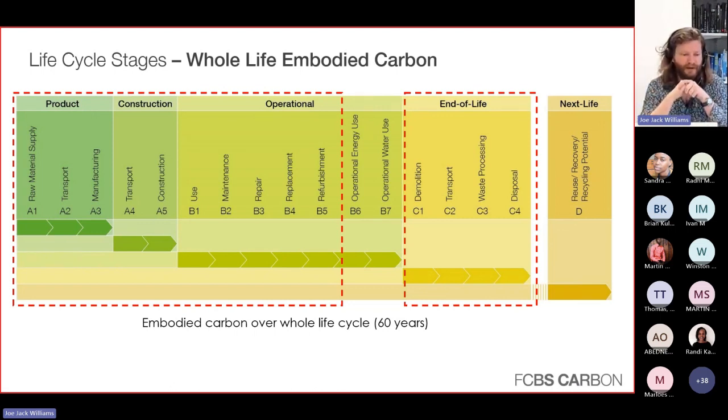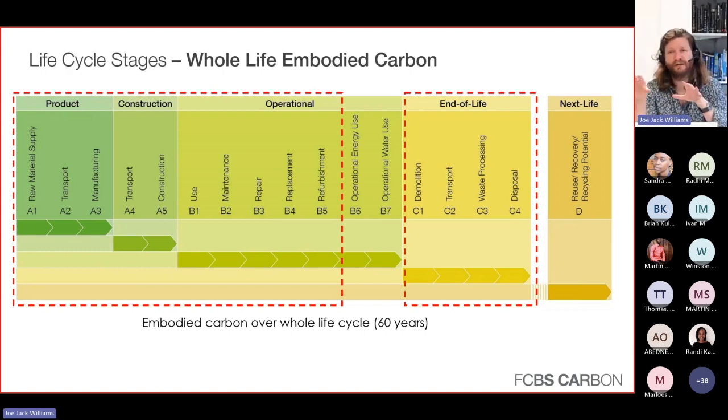If you think about, maybe it's a door. Doors get used a lot. They might not last 60 years. They might only last 10, 15, 20 years. So there might be a few doors. Things like air handling units or air conditioning units, they might last 15 years, and they'll be replaced every 15 years. So they can be quite high. And then refurbishment is about how you refurbish the building. It's another big bit.